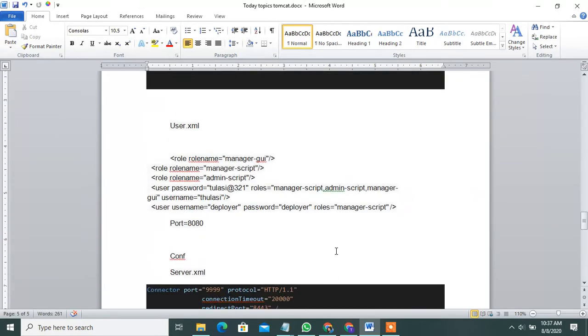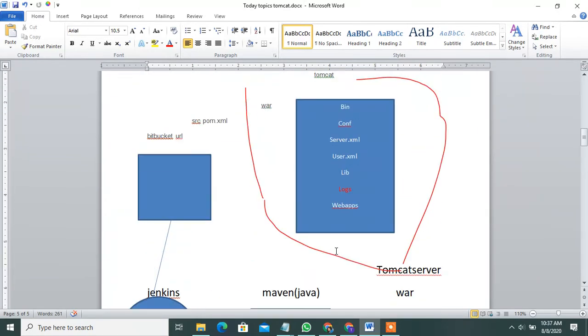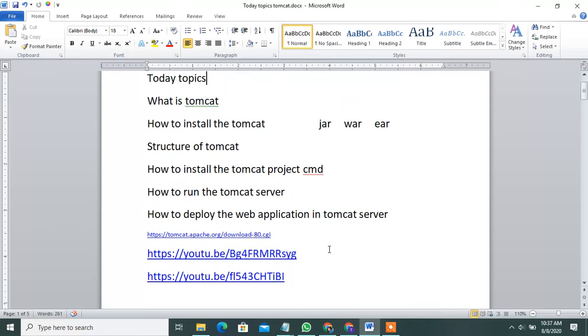you can watch all of these topics first. I have the links for this video as well, in 2 videos on my YouTube channel. On the local machine I showed how to install, what the required plugins are, how to modify the pom.xml, and how to integrate Bitbucket with Jenkins servers. I have done all of this in my earlier videos. Please go through these 2 links.